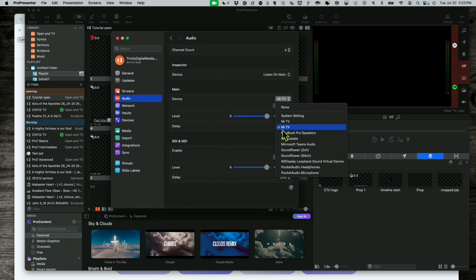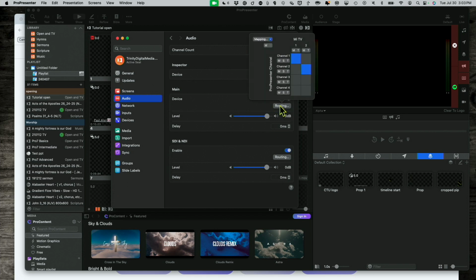I'm just sending it out of the HDMI on my computer, which I'm using some adapters, so that's why it says Me TV instead of HDMI or something. But that's basically what that is. And then if we click on the routing here, I've got this set for the in-person congregation, which are channels 1 and 2. They get the audio that goes out,